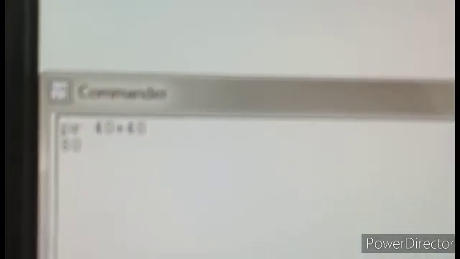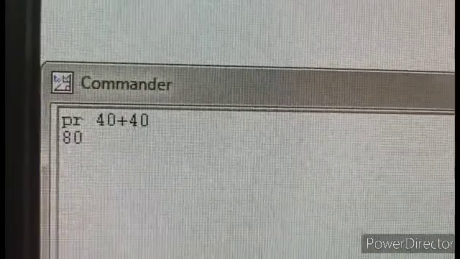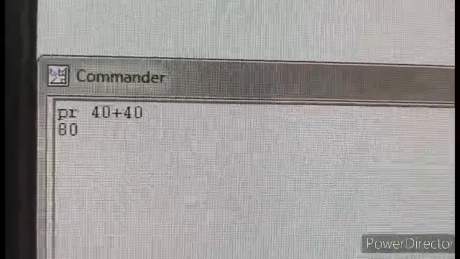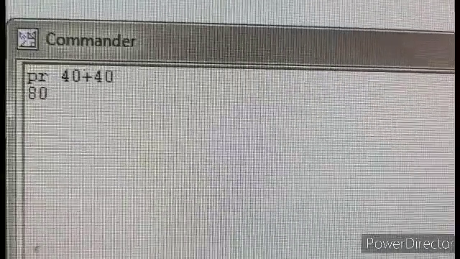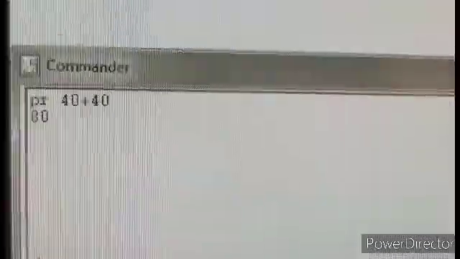What is the result? 40 plus 40, that is 80. And where is it displayed? It is displayed in the recall list box. The drawing area or main window still remains blank. Only the shapes we have drawn can come to this main screen.